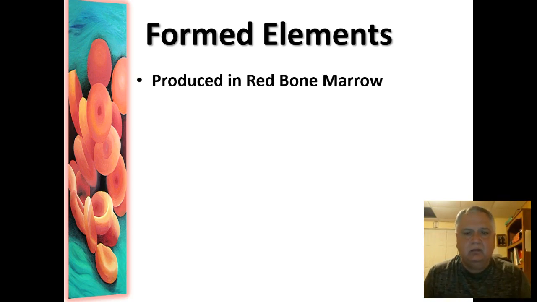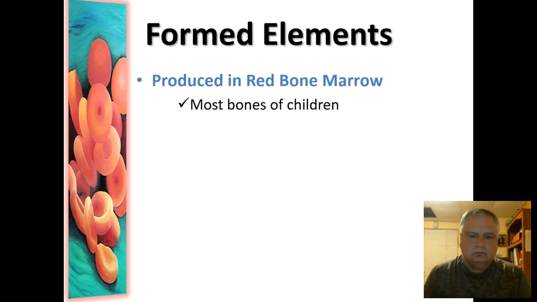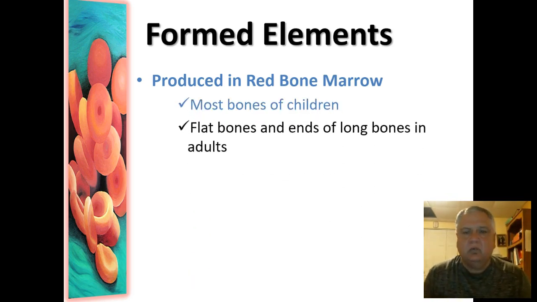Actually, before we get into that, just to give you a little bit of background on these formed elements, where do they come from? How do they get into the blood? Well, the formed elements are actually produced in the red bone marrow. Most of the bones of children produce these formed elements because we find red bone marrow in most of the bones of children because they're growing very rapidly. They need to add blood to their bodies very quickly. And so we have a lot of red bone marrow in the bones of children to help with the formation